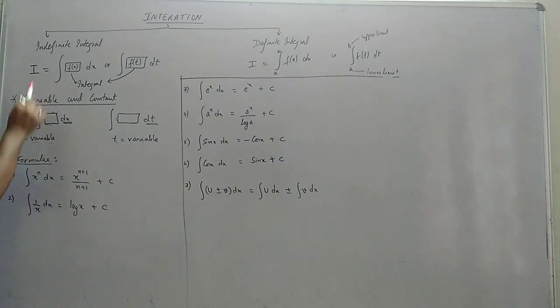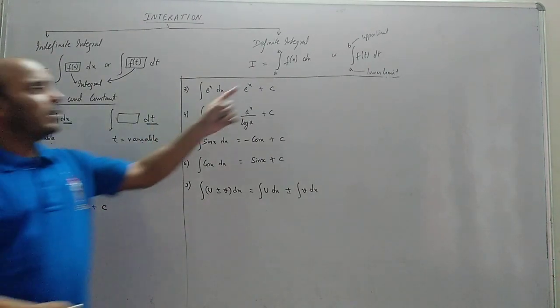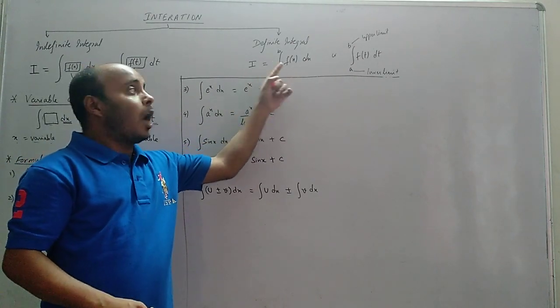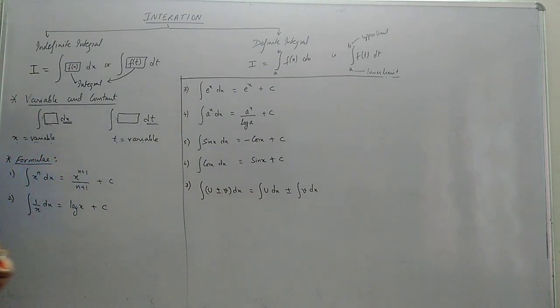Okay, this is an indefinite integral, we don't have any limits. Whenever we write the integration and convert it into a formula, we always write plus c. Always, okay? Understood? But this plus c has very little significance in physics, because in physics we always deal with the definite integral. Now how to do the definite integral? You will come across everything one by one. Wait for some time. Just remember one thing: whenever there is no limit, that means it is an indefinite integral. In an indefinite integral, whenever you put a formula, you have to write plus c.